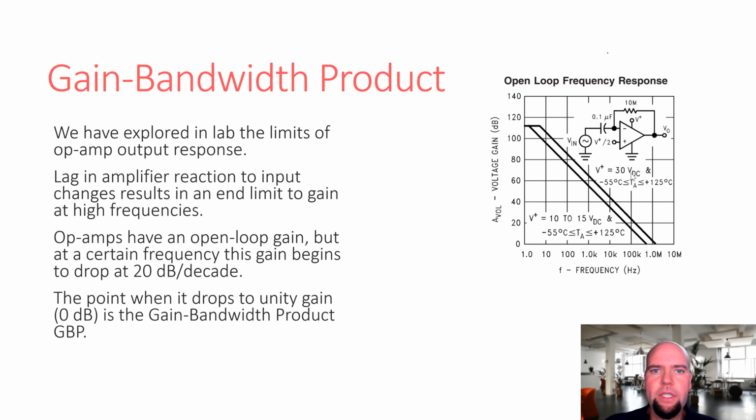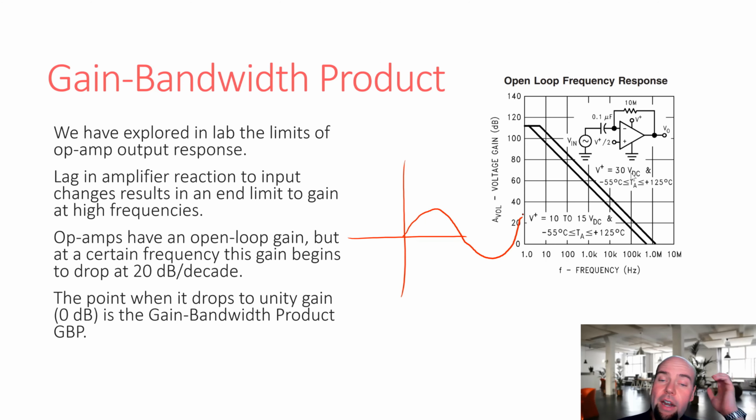What that means for frequency response is that your op amp has an upper limit for frequency. You can think about it, right? You measured the maximum slope the op amp was capable of producing in its output. If you are trying to make a sine wave, a slow sine wave is going to be something like this. But at a high enough frequency,